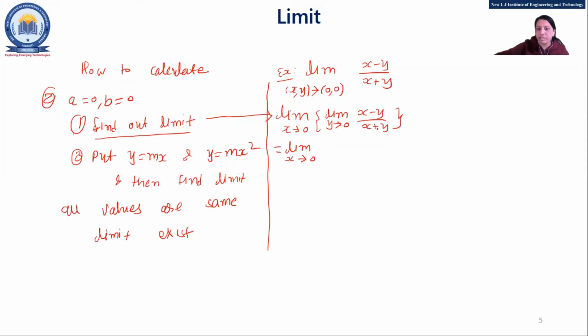Y, x equal to 0. So x equal to 0. X by x is 1. The x is supposed to cancel out. So my answer is yes, 1. That is what I am asking, right? Okay, fine. Yes, ma'am.